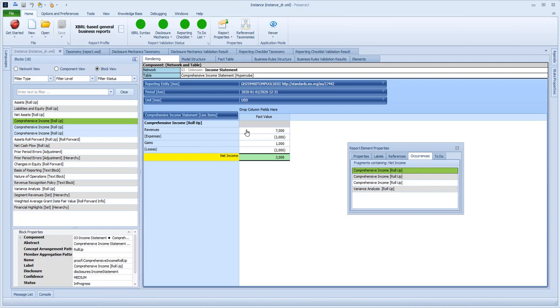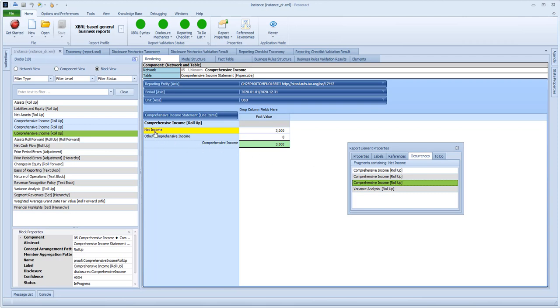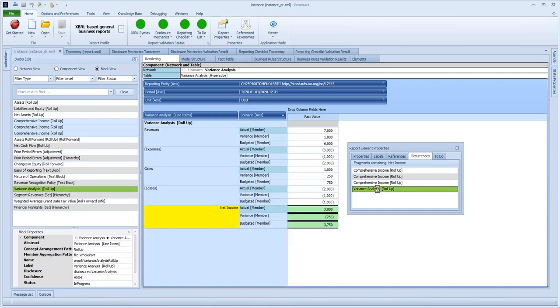So here is one comprehensive income roll-up. These four concepts break that down. This is another one, an alternative income statement. And this is a statement of comprehensive income that reconciles net income to comprehensive income. Here you have a variance analysis